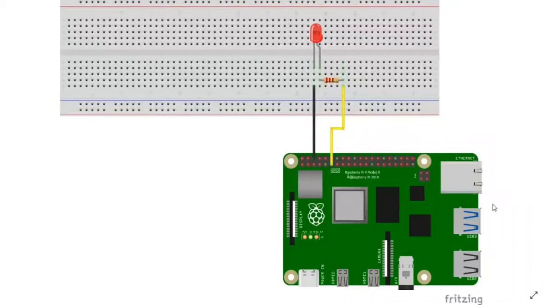Hello, in this video I'll be showing you how to connect the Blink app to control the LED blinking on the Raspberry Pi board. The Blink app is an IoT platform to control the Arduino, the Raspberry Pi, the NodeMCUs and many other microcontrollers over the internet. So the Blink app is specifically a digital dashboard where you have certain widgets so you can add them and create a graphical interface for your own IoT projects.